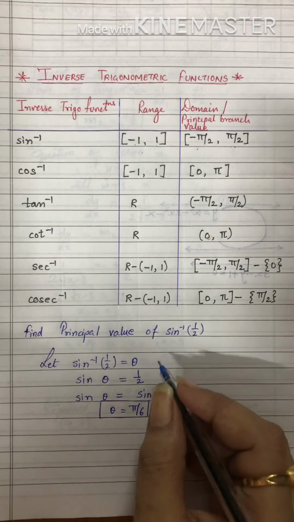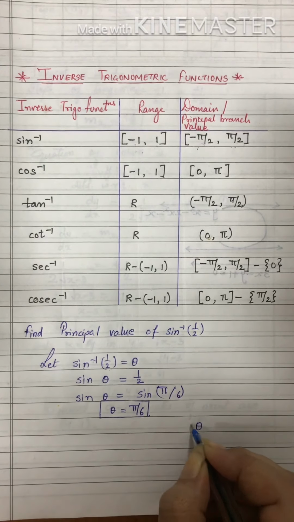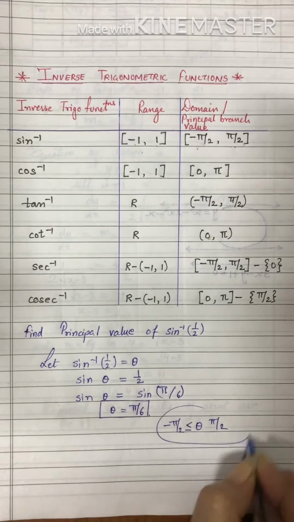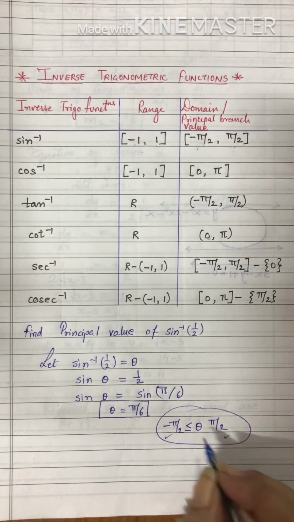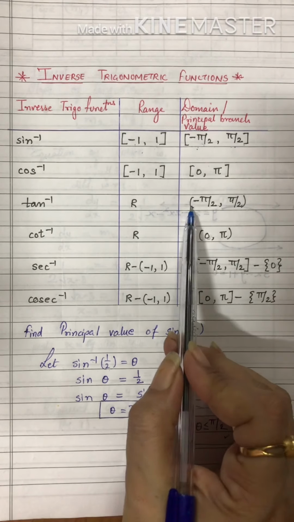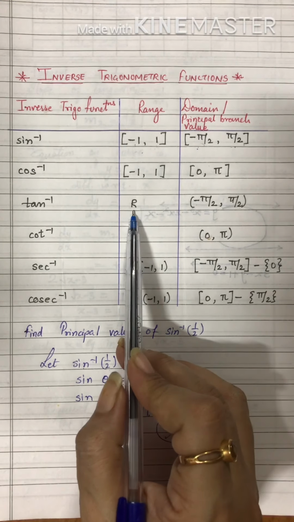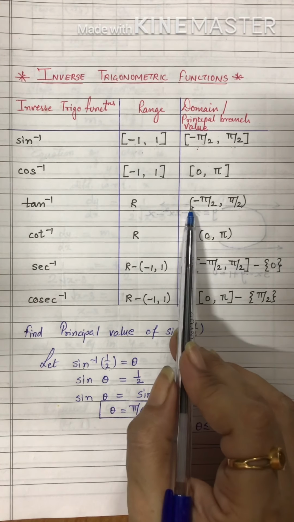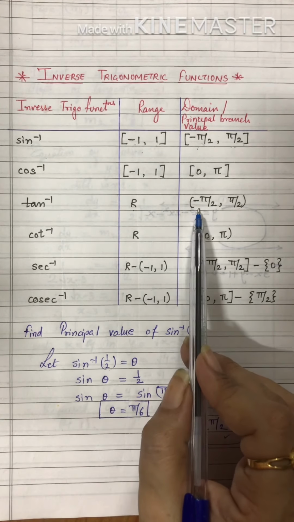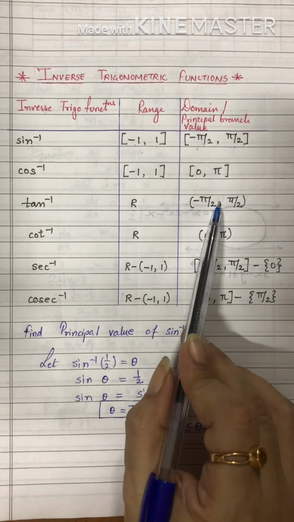Like now suppose this one, square bracket is given. So square bracket means theta should lie between minus pi by 2 and pi by 2, but should include this value also. So you will get here equal to also. Okay. There is the round bracket. Round bracket means, as in this case, tan inverse ranges are all values. But the domain is written between a round bracket. This means except for minus pi by 2 and pi by 2, whatever lies between these two values, that domain we have to compare with.